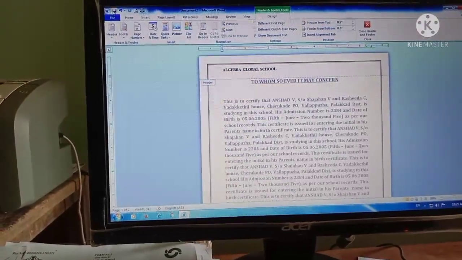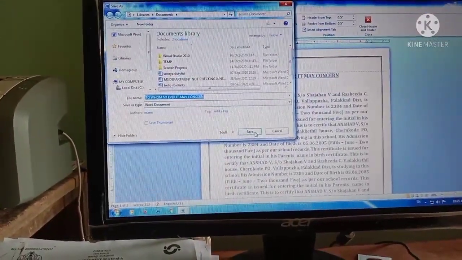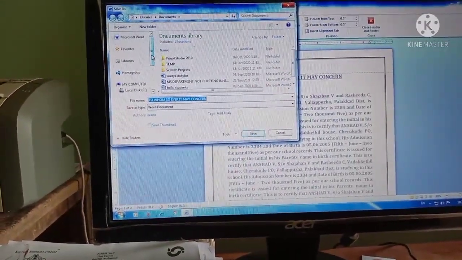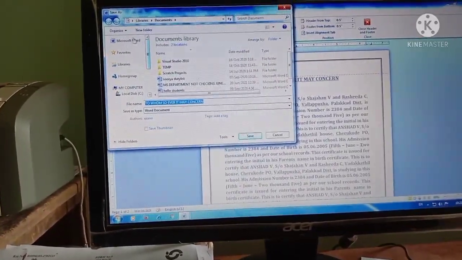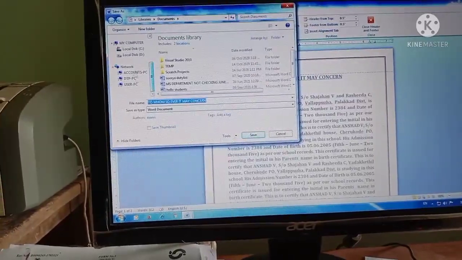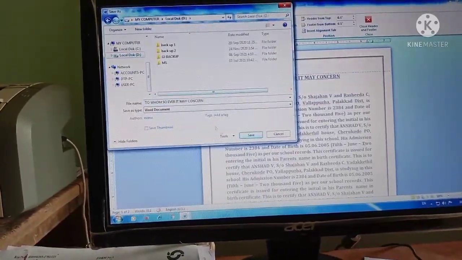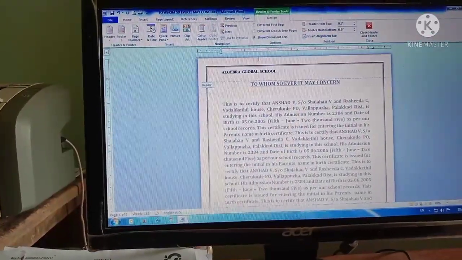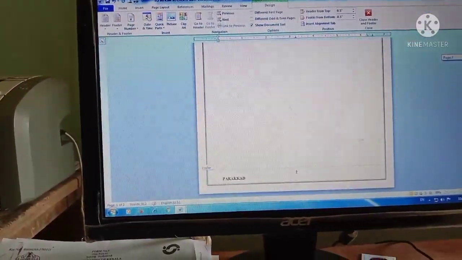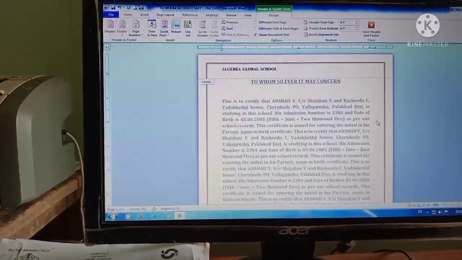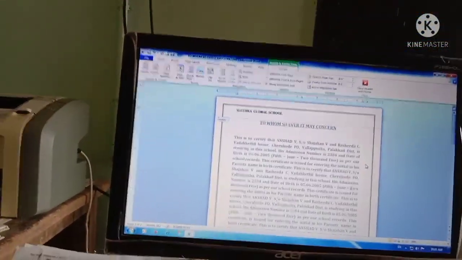Okay, let's give a save. Where do we want to save it? Okay, so this is the header and footer.